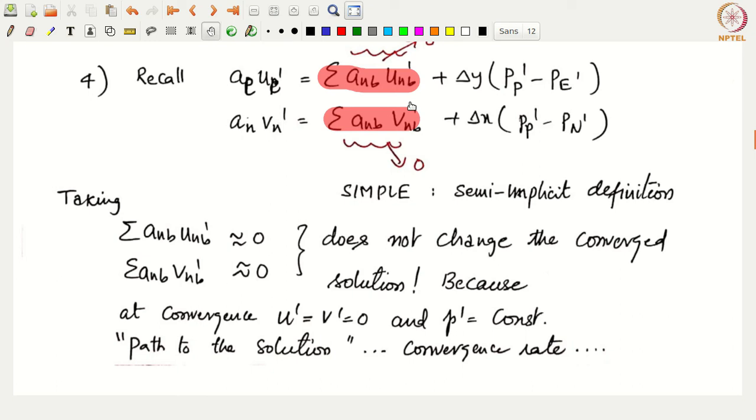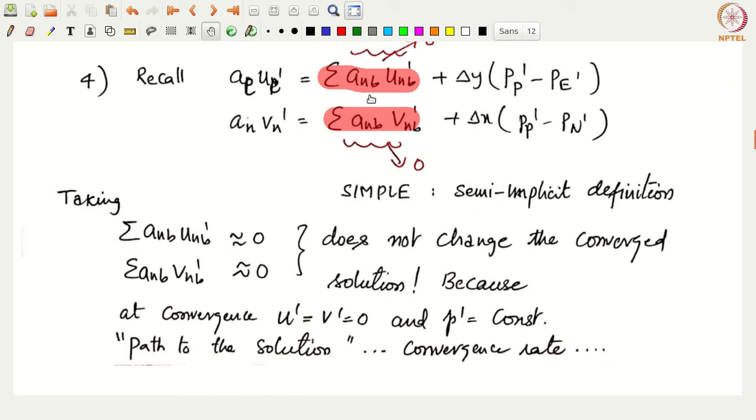Now what will happen, let's say, if you have not neglected these terms, if you have let them be there? So what was the algorithm? The algorithm was to basically substitute for velocity corrections in terms of pressure corrections. Because we could make such an approximation, we could nicely substitute for u_e prime in terms of P and capital E, v_n as P and N, and similarly for west and south, and get a nice diffusion-like discrete equation.